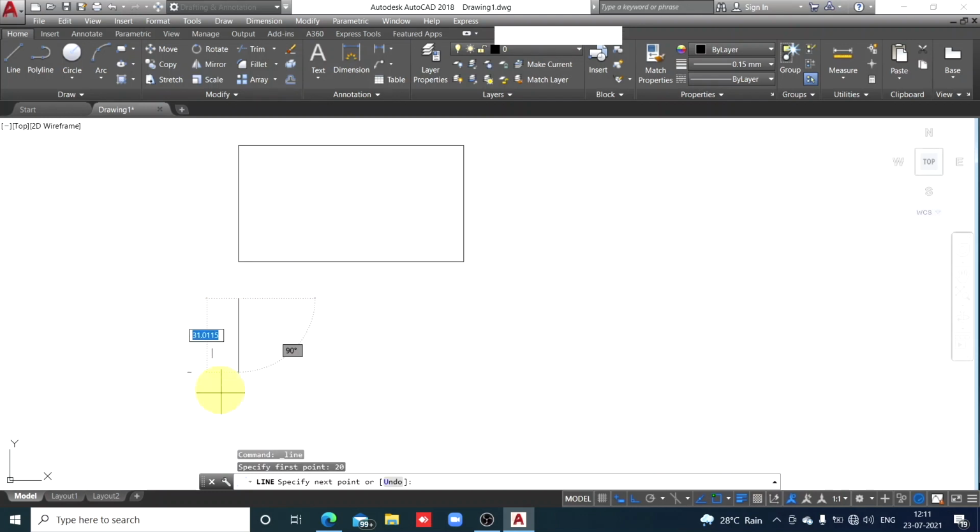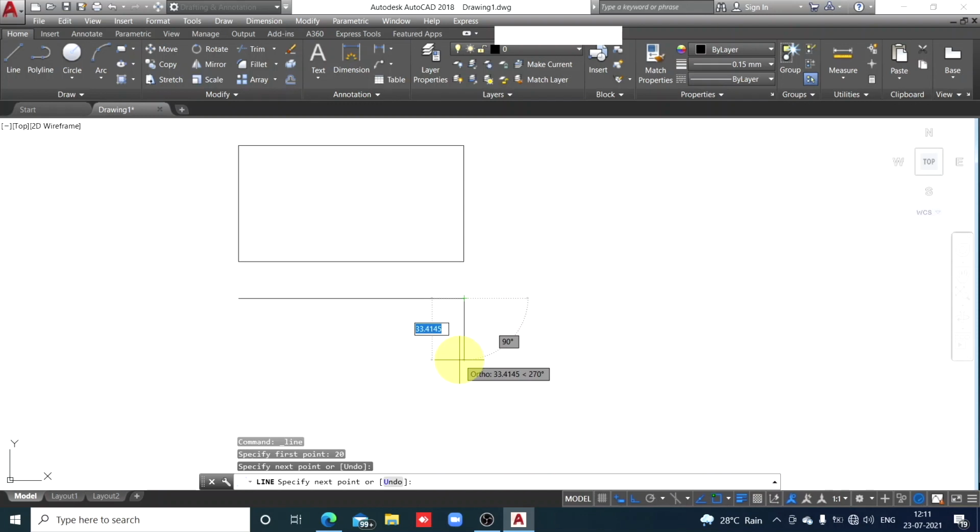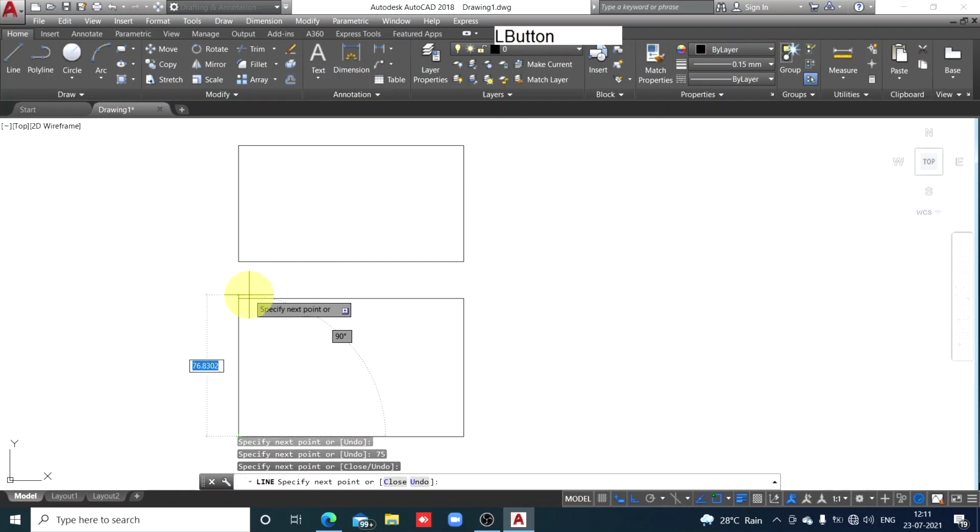So at this point, you will be able to start drawing a rectangle. So length 118. Either you type 118 or you can directly track the right end in this manner. Take the cursor here at the right end and track it. Click it. So 118 millimeter length is ready. 75, that is width vertically in the top view, enter. And then track this point to complete the rectangle in this manner. Click.